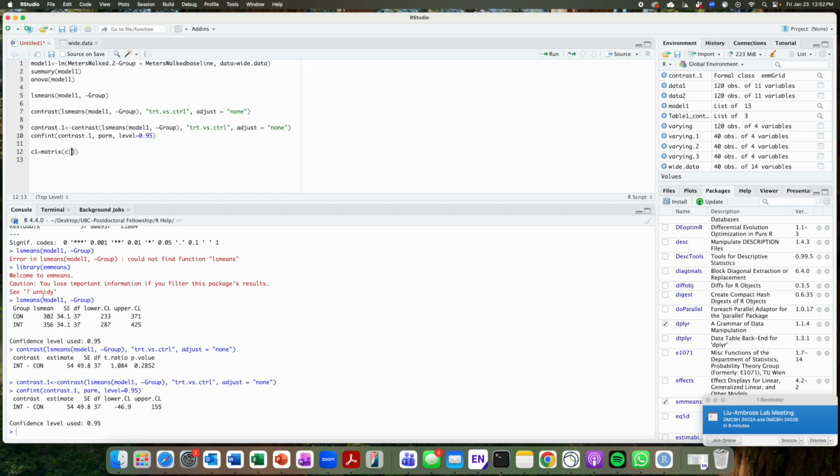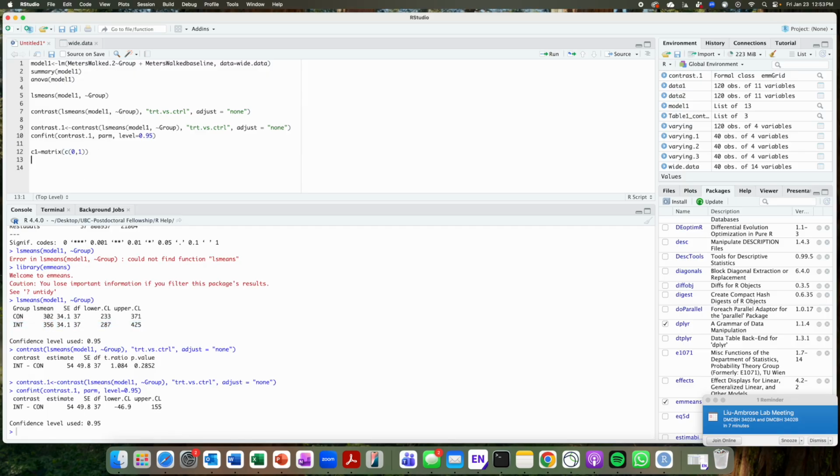That first line is going to be a 0, because I'm multiplying this by whatever's in the matrix here, and then that second line is going to be a 1. So 0, 1. That's going to be our contrast 1, to say I'm looking at the effects of the intervention, or I want to see what the ls means is for the intervention